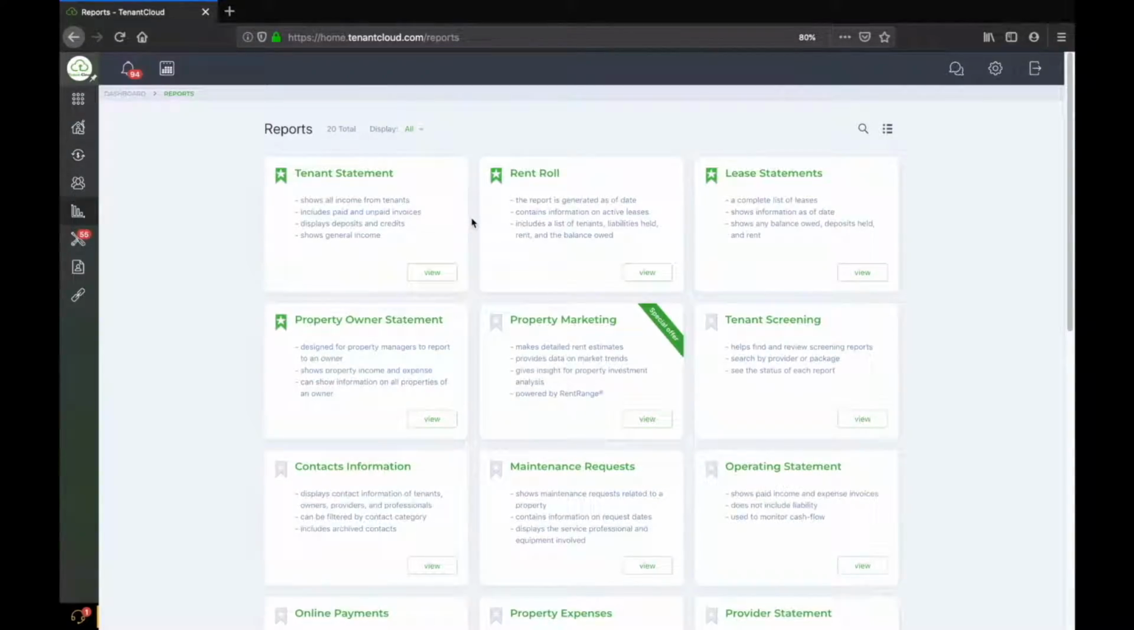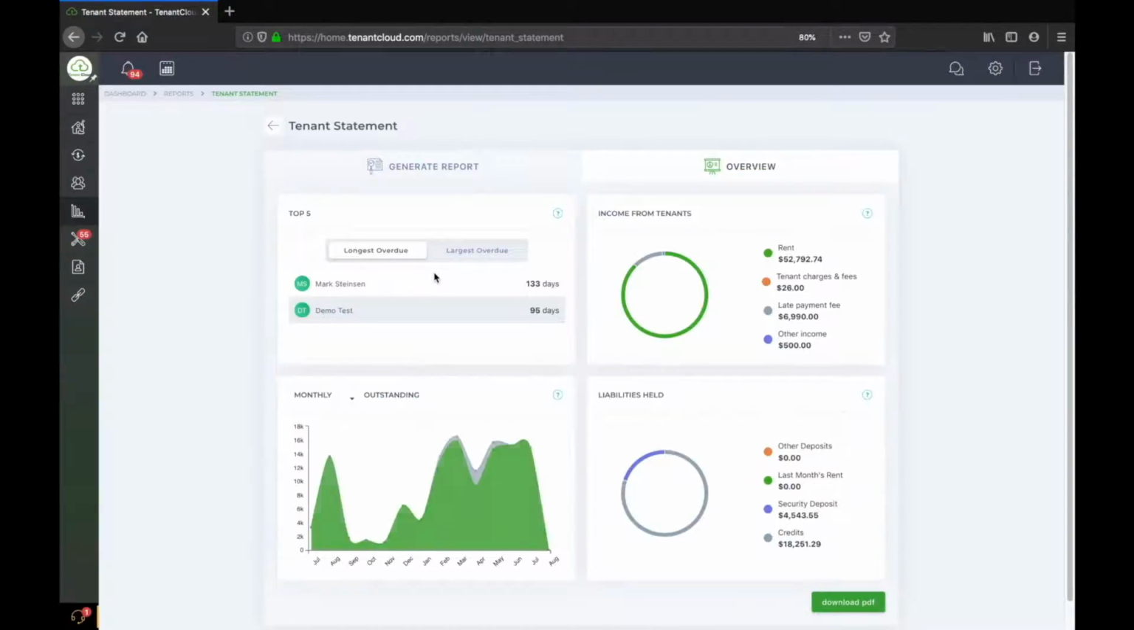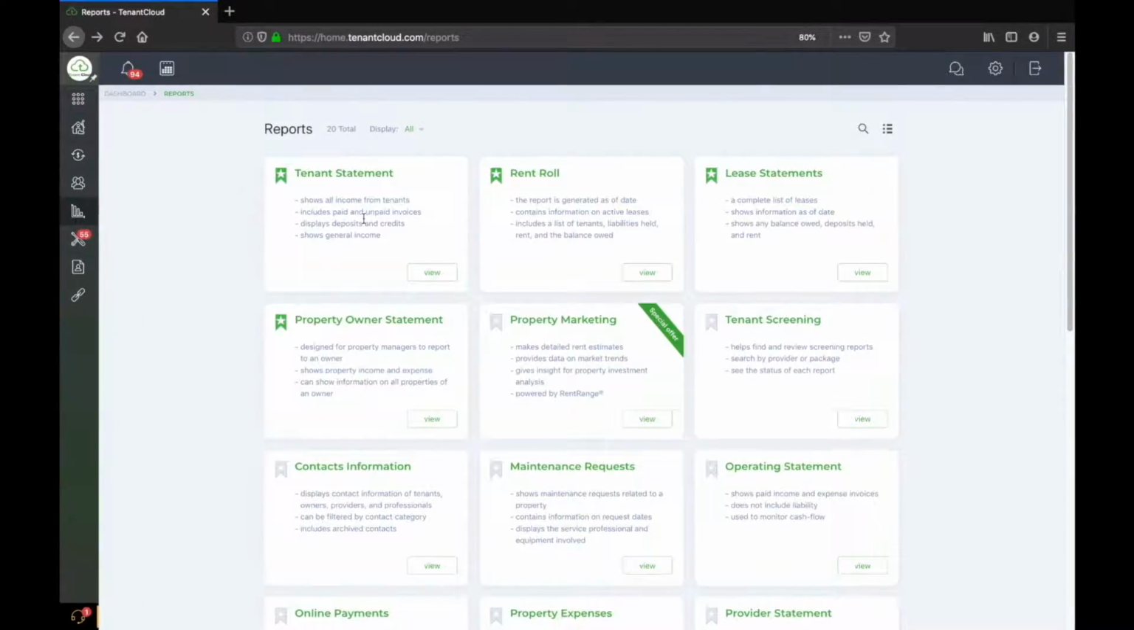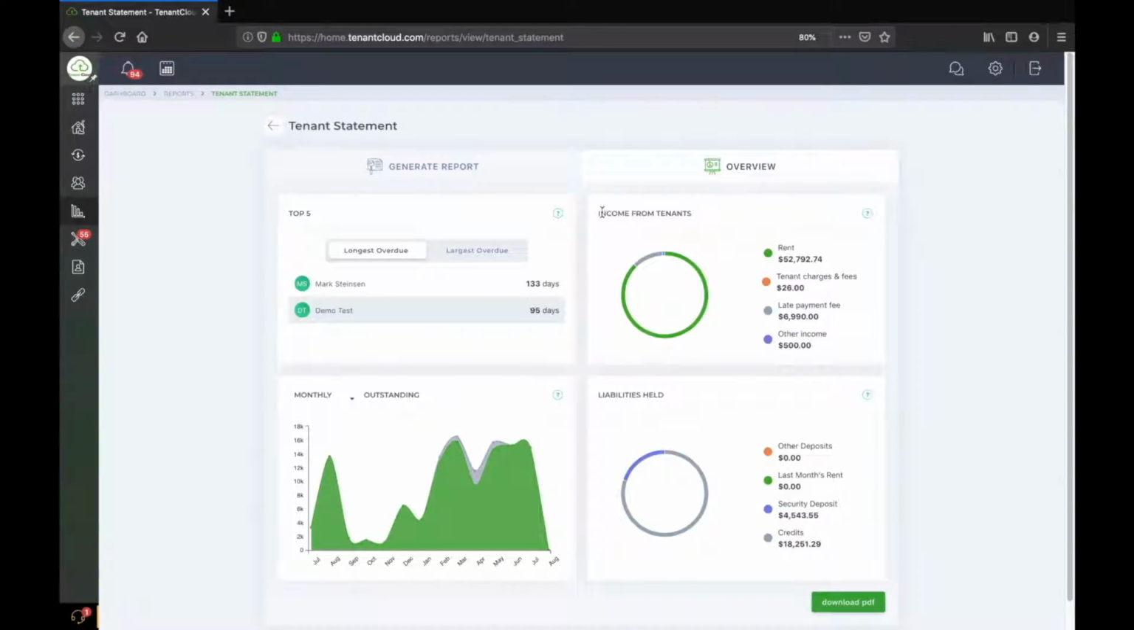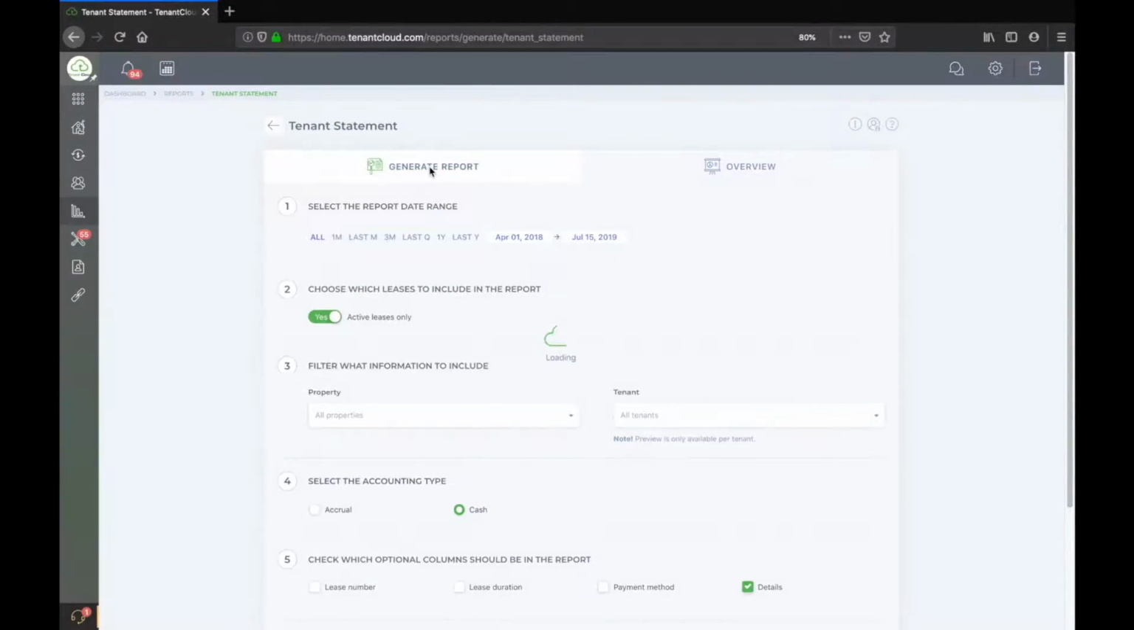So jumping right into the reports here, we are able to click on the view button on each of these reports. And when you click on the view button, you're brought into the overview tab first, which is not available on every single report. This is only on, I believe, currently one report, and it is going to be released on future reports in the near future to where it'll show you these graphs of what is going to be in the report in general. So you would want to click on Generate Report, and that takes you to your filters,